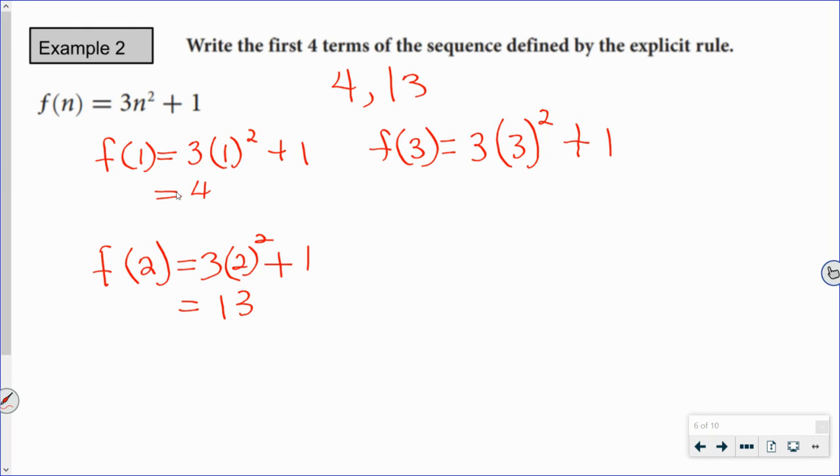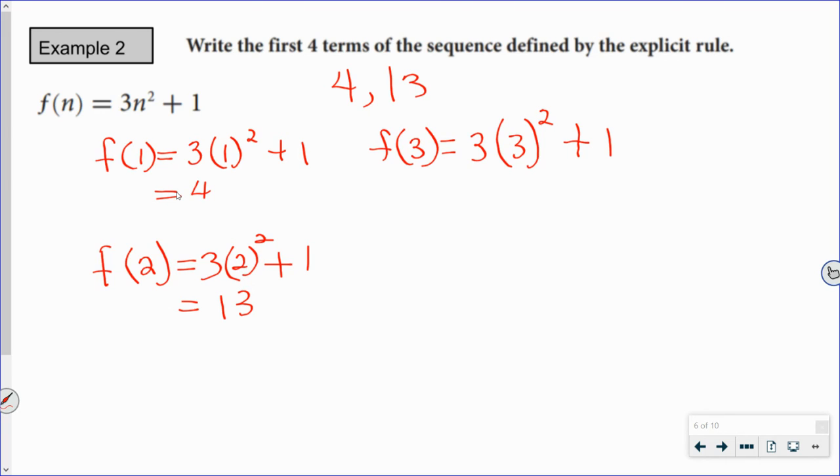Remember, order of operations. Now, if you got a really big number, you might have said 3 times 3 is 9, and then 9 squared is 81. So you don't want to do that, because you've got to raise 3 first. So 3 squared, 3 times 3, is 9. Anytime I square something, I'm multiplying it times itself. If it's to the 3rd power, times itself 3 times, or however many. So this is 9 times 3, which is